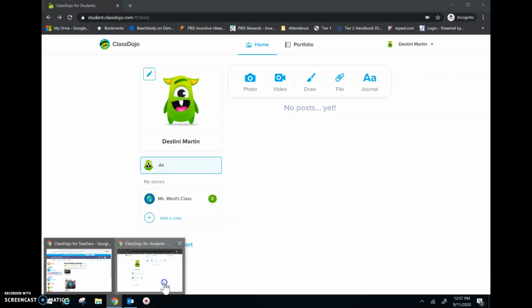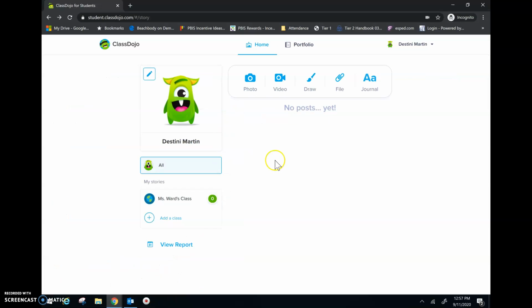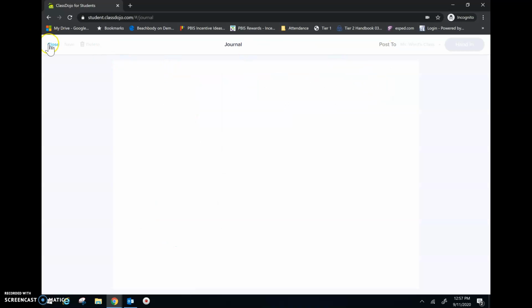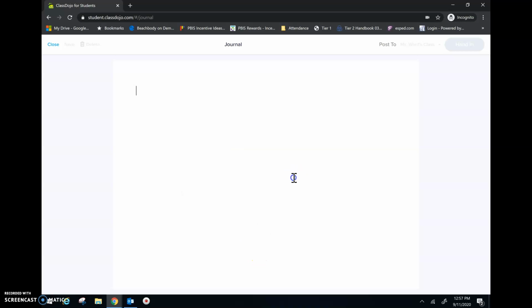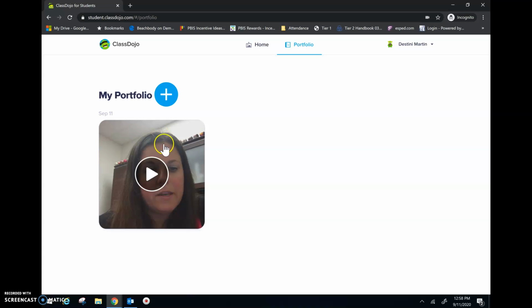Another way they can do it, though, is if you give them the assignment in class, they can also come to their page, and you'll notice that when they log in, they can add posts here. If they click on Journal, it looks like a white page that they just type with. Notice that there are not any formatting things such as bullets or bold or underline, but they can do a spell check, and they can change the way the writing direction is. So if they want to write from right to left for some reason. So that's one thing they can do, and they can post it into their page,